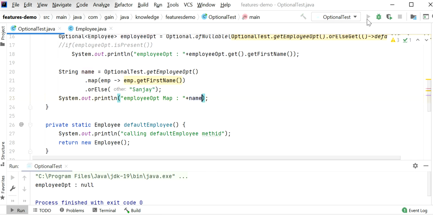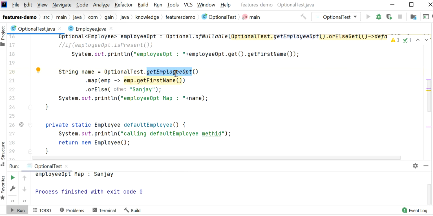Let me run this application. Now if our employee object is returning name as null, in that case we will get the default value Sanjay. So here we can see employee of map is Sanjay. So like this we can return a default value by using the map and orElse functions.